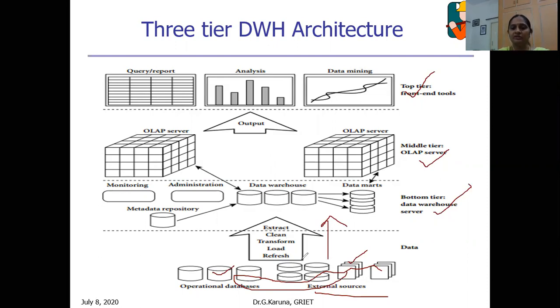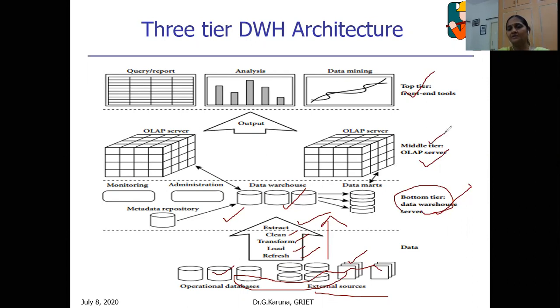These tools and utilities perform operations such as data cleaning, data transformation, data integration, loading, and extracting in order to fetch the data. Here we can also make use of gateways such as OLEDB or JDBC. So we can use different kinds of connectivity and fetch the data into the data warehouse. So this is the data warehouse server.